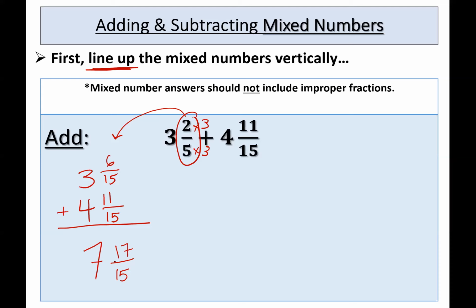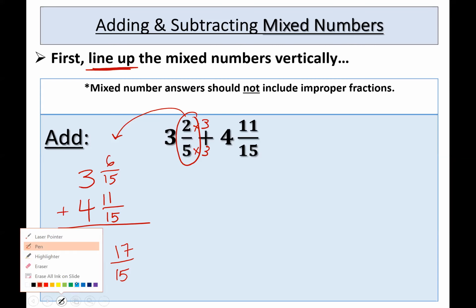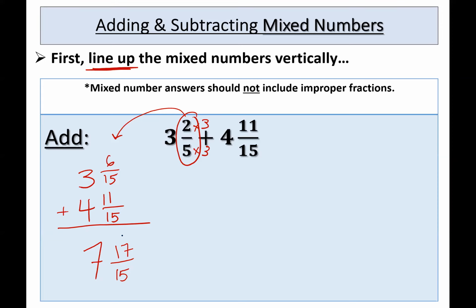Okay, there's more. All right, it feels like we're done. There's no reducing we can do here. We didn't do anything wrong, but I'm telling you that this is not fully correct because what we have is a mixed number, which is fine, but within that mixed number, we have this improper fraction. This improper fraction is more than one